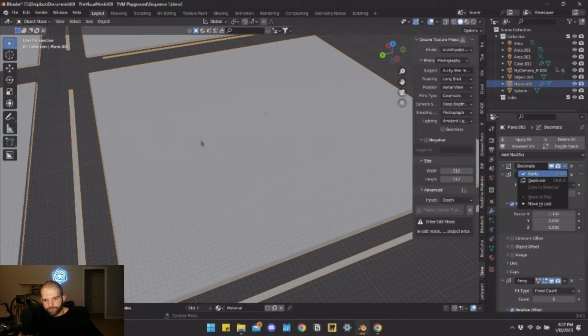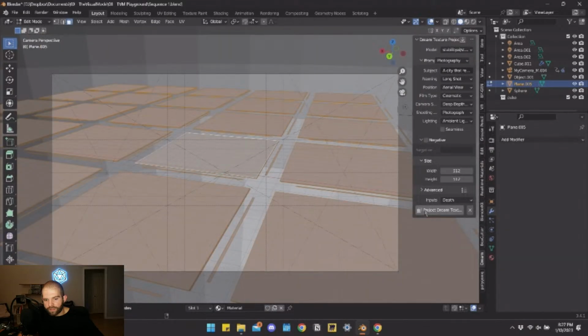So I can hit tab, go back to the camera view, apply my arrays so that each one of these is its own face rather than just the original. I'll hit A to select all the faces and apply this texture over all the faces. And then I can hit project dream texture, right? So there we go. That's the setup that we want to do for